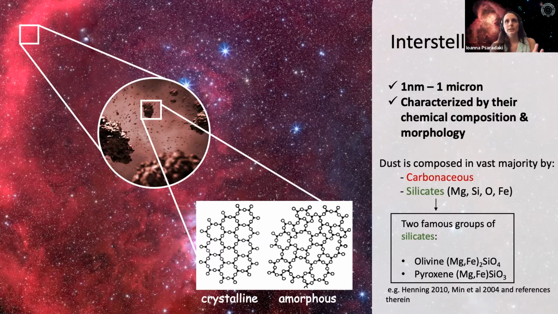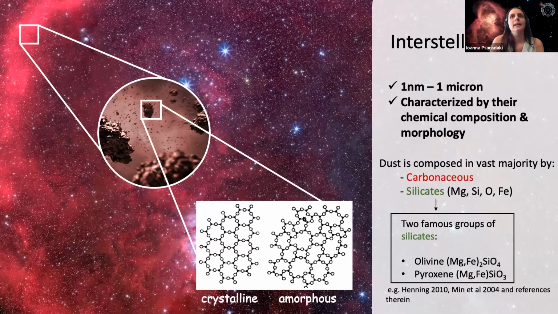By chemical composition, I mean, what is the chemistry of interstellar dust grains? We know today that it's composed in vast majority by carbon or silicates. Silicates are this group of minerals that you can see here: magnesium, silicon, oxygen, iron, that are also the refractory interstellar elements. They are gathered mainly in two famous groups, the olivines, with this chemical formula. Please note here the 4 atoms of oxygen in comparison with the pyroxenes, which have 3 atoms of